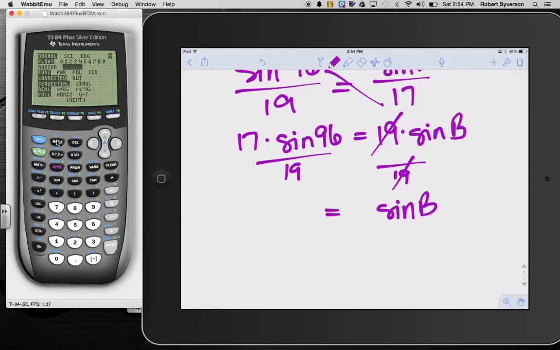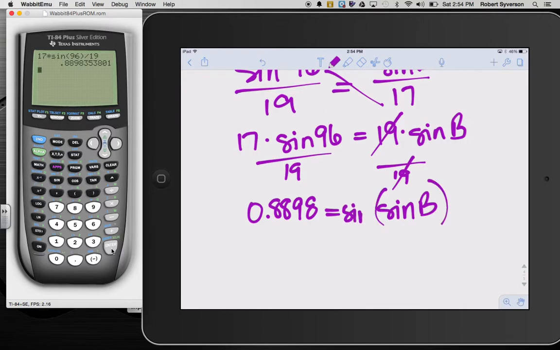All right, cool. And I'm going to do 17 times the sine of 96, close my parentheses, divided by 19, and that comes out to 0.8898. I'm going to go kind of far with this, 0.8898. Now I still need to find out what angle B is, so I'm going to take the arc sine, or the inverse sine, of both sides. Okay, inverse sine